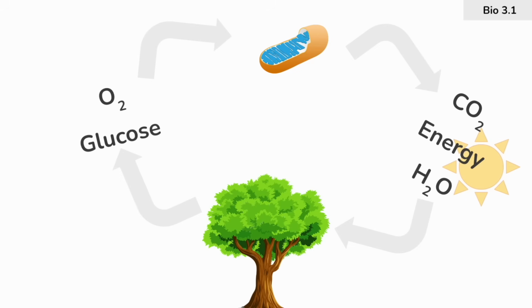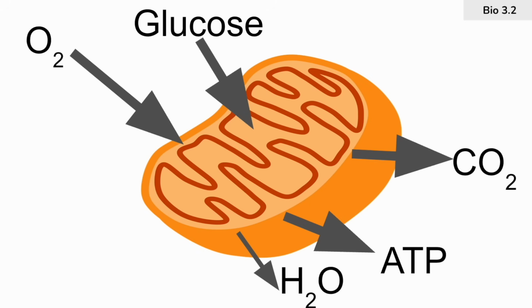Now, this is related to cellular respiration because the outputs of photosynthesis are going to be the direct inputs in cellular respiration. So remember, photosynthesis takes in sunlight energy, carbon dioxide, and water, and it is going to release glucose and oxygen, which we need for cellular respiration. So cellular respiration takes place in the mitochondria of eukaryotic organisms, and it's going to involve taking oxygen and glucose in, and then using those glucose molecules to generate ATP energy for the cell, as well as water and carbon